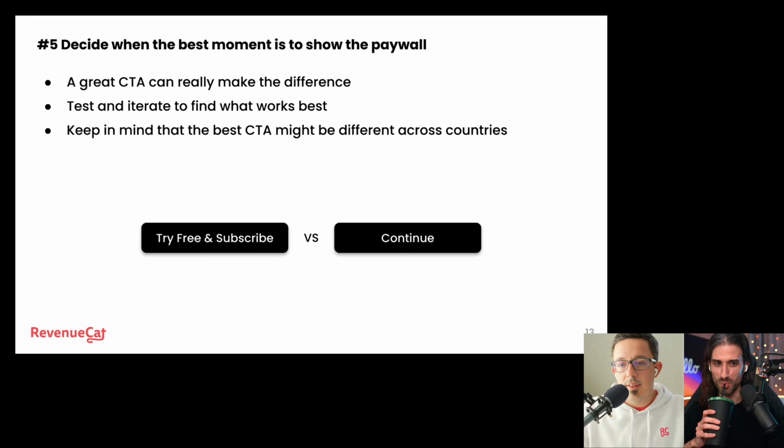Yeah, you have to test because like we said earlier, all cohorts are different. So I can't say "try free and subscribe" is going to work amazing for you, but not work amazing for somebody else. I will say it seems like if you have a trial, having the word free in there does seem to perform well. Also, like "redeem free trial" or something like that. Those are terms I've seen or heard work really well as well. But yeah, you have to play with it and see what performs best for your users.